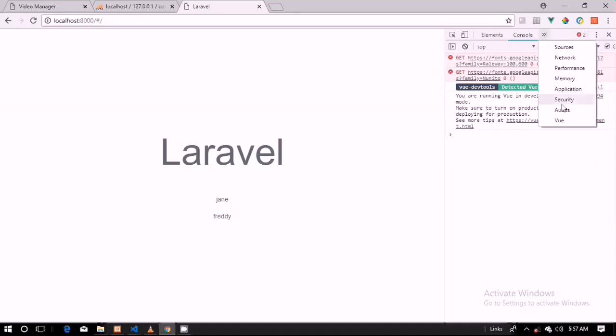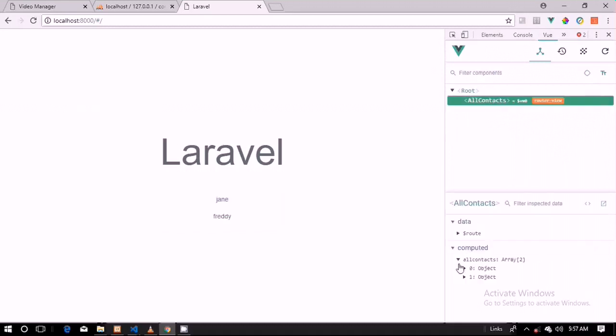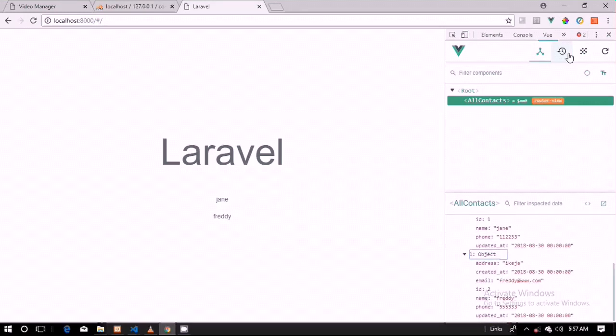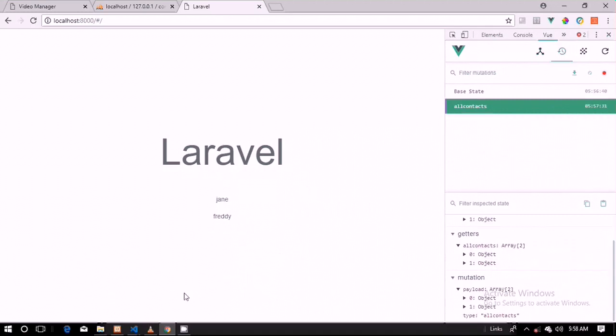So let's check the Vue DevTools. You can see the computed has two records, the first one and the second one. You can see the Vuex store, the getters, states, mutations. So we'll stop here